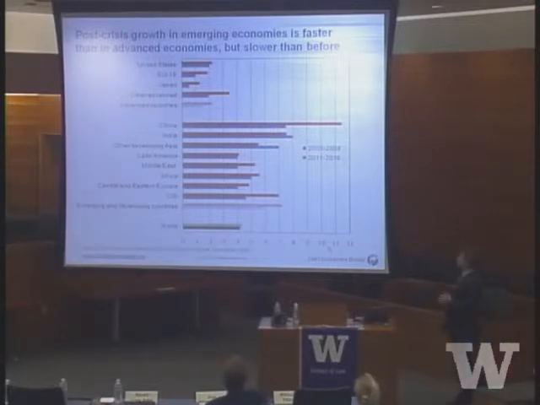Now, what we see here, first of all, is that when we focus on the advanced economies, we actually see that most of the advanced economies are going to show significantly slower productivity growth, slower output growth, GDP growth, going forward. Some of that being related to the fact that the labor force in advanced economies is going to grow significantly less. We have an aging population,